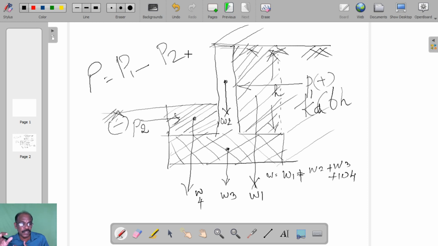Then the next part is that we have to design the retaining wall. Designing the retaining wall means you have to find out the dimensions as well as the steel reinforcement for each and every element: the stem slab, heel slab, toe slab, and so on. And what are the stability factors, and what conditions ensure the safety of a retaining wall, can be seen in the next classes itself.